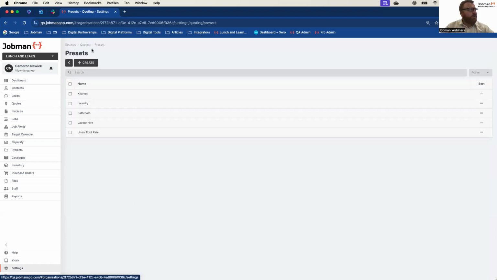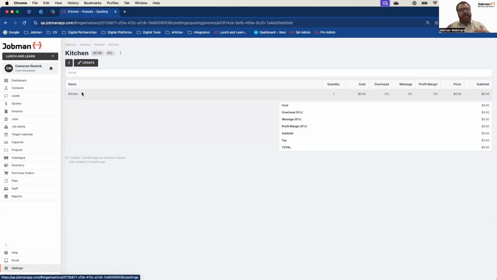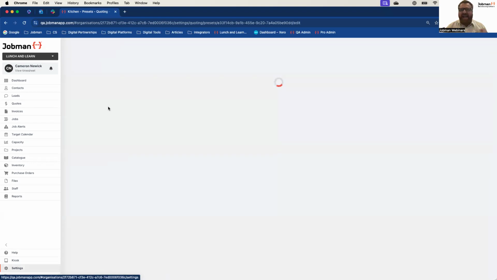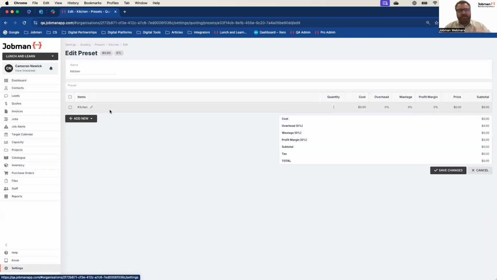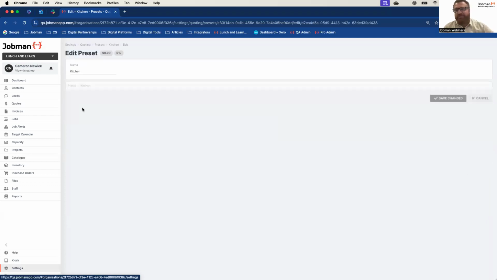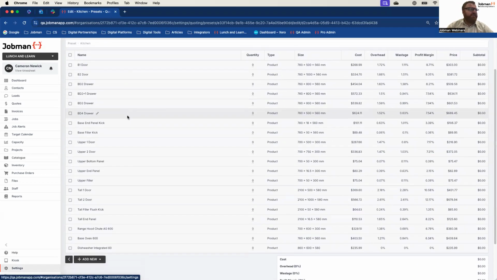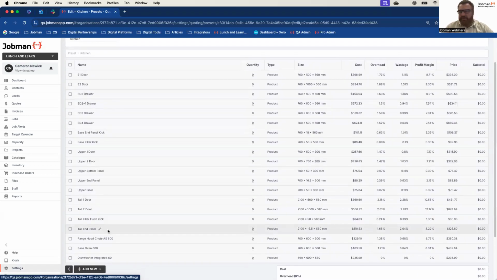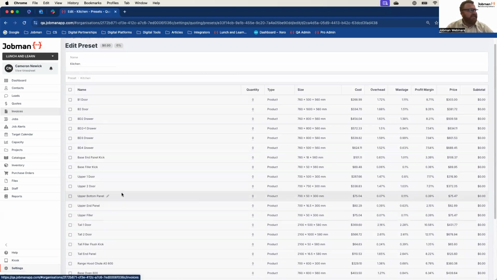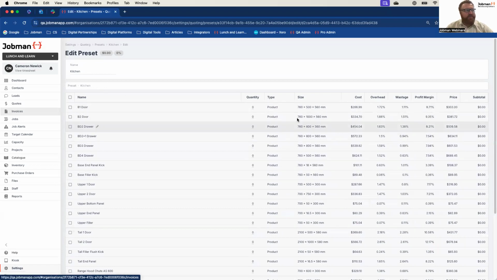So under settings, under quoting, under presets, this is the way in which we can now wrap all that information together and basically turn Jobman into virtually like an Excel spreadsheet of quoting. And a preset is simply a way in which I can add products, materials, services, and labor, or I should say, all of, or some, into an area so that when I come into a quote, I can simply go, the most common standard products I quote on for this type of business is these, add the preset directly to the quote, fill out the quantities, change some sizes, apply the style item, bang, quoted.